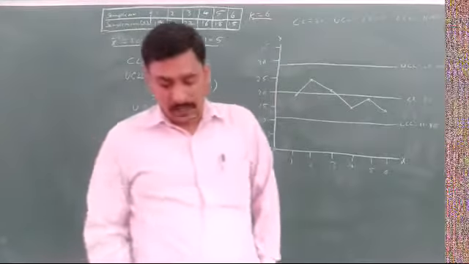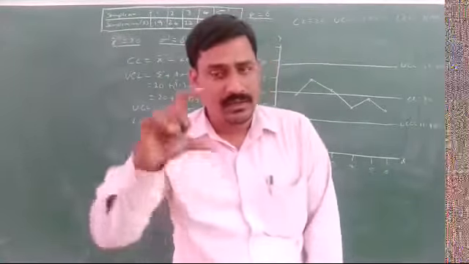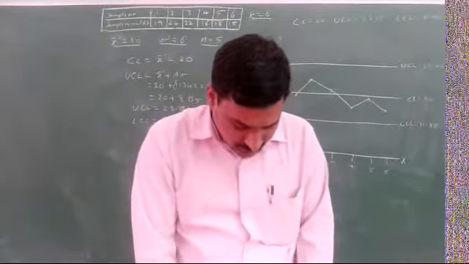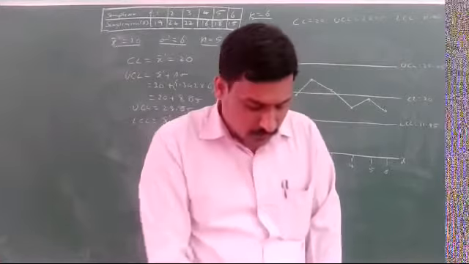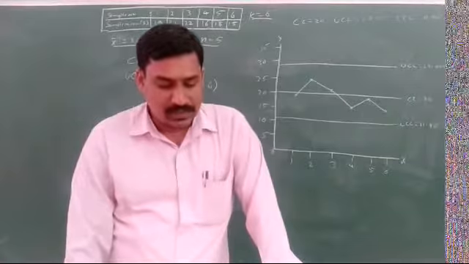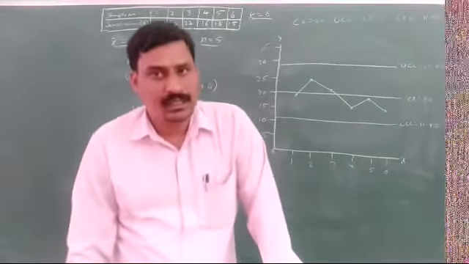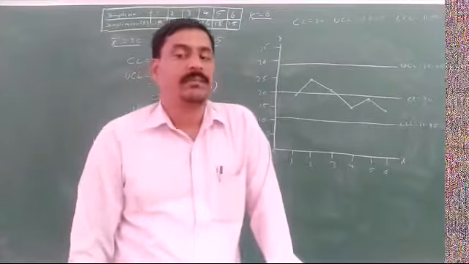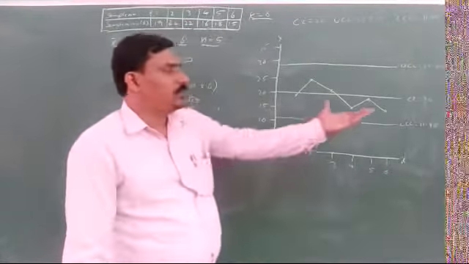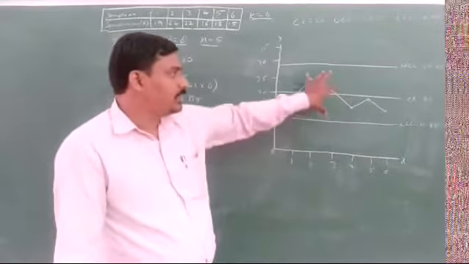Apart from that, what else should we see here, how to interpret? If all the values are within the control limits, we should still see certain other things. First, 7 or more subsequent points lie on one side of the central line. Here there is no chance for that because our sample number is 6 only. So if we have taken more than 6, maybe up to 10, 12, 15, 20 samples and plotted them in the graph here.